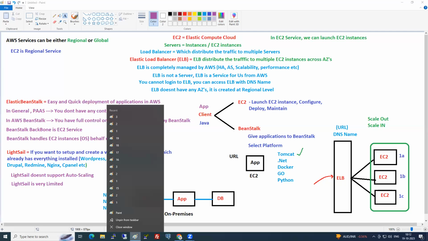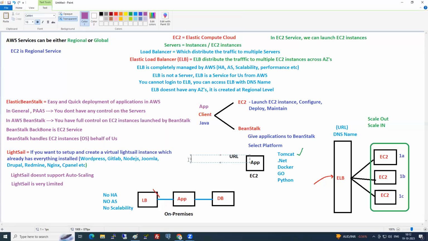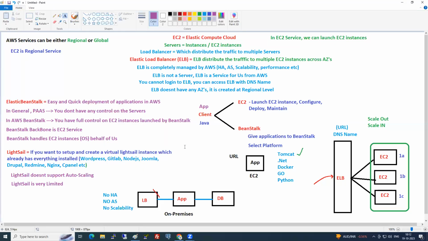If it doesn't have auto scaling, is it recommended even for small projects? It's up to you, Saujanya. All projects will not be the same. There are a few projects where the customer will say I'm okay with downtime, no issues, and it's not a mission critical application. For those kinds of things, you can go for Lightsail. But I'm saying a very, very small percentage of companies use Lightsail. Just for dev environments or testing purposes, and very small scale projects, they'll go for it, not for bigger ones.